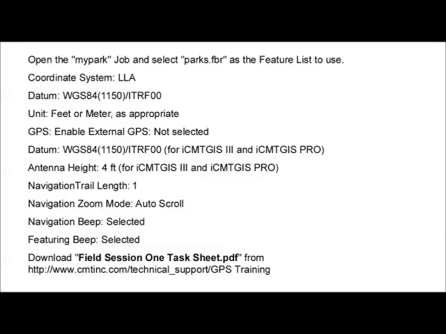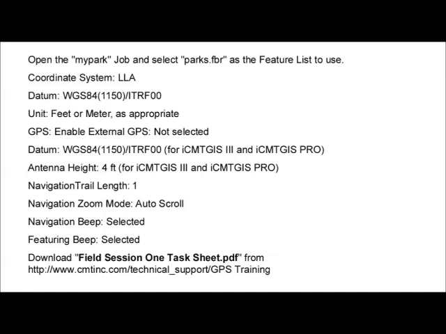Now it's your turn to collect GPS data. For your first data collection exercise, you will open the My Park job that you've already created. Make sure Parks is selected as the feature list to use with this job. Please set up your data collector as follows. For the coordinate system, select LLA. For the datum, select WGS 84,